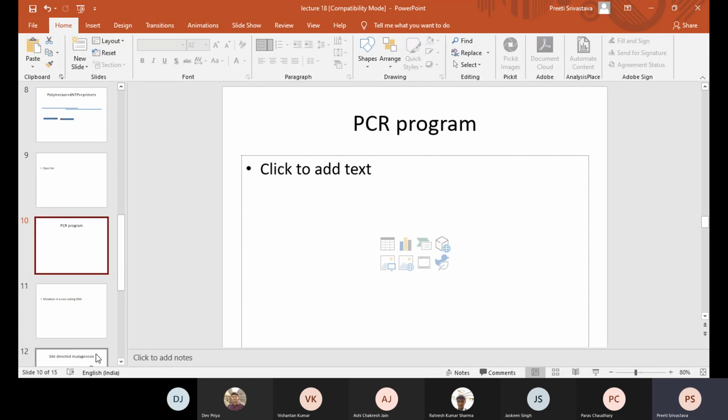It is considered as the last choice, when you do not have amplification, or when the amount of amplicon is too less. Then at times we do say that okay, you use the PCR product as template for the second round of PCR, but usually it is not something which is very desirable.